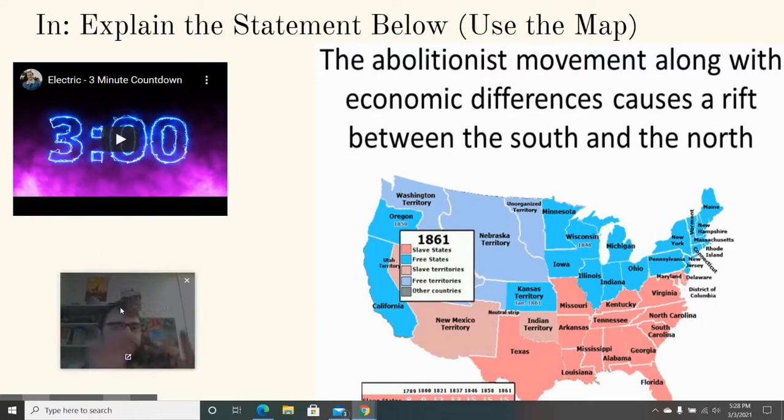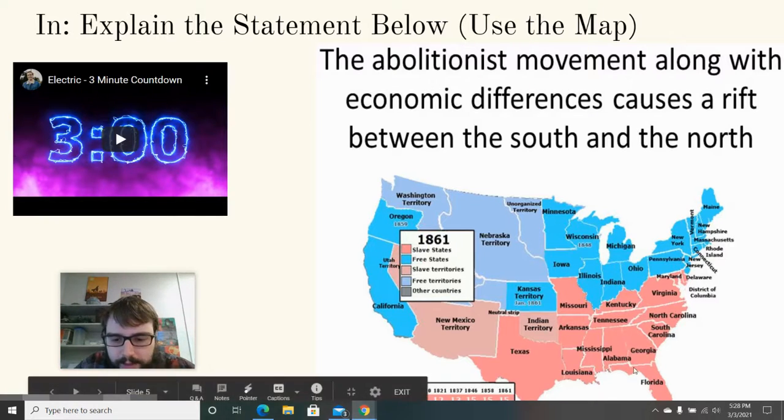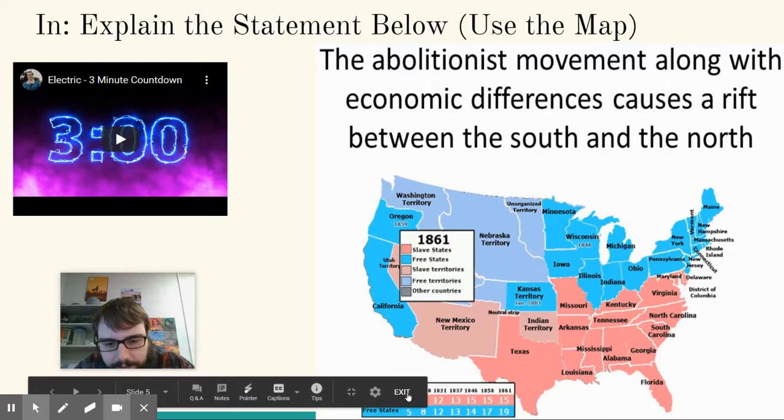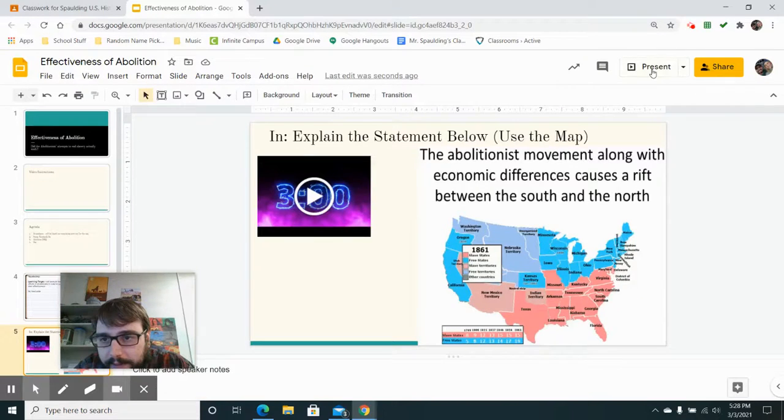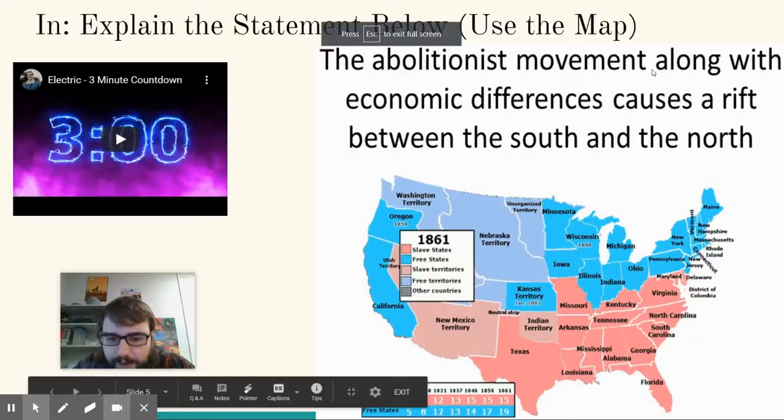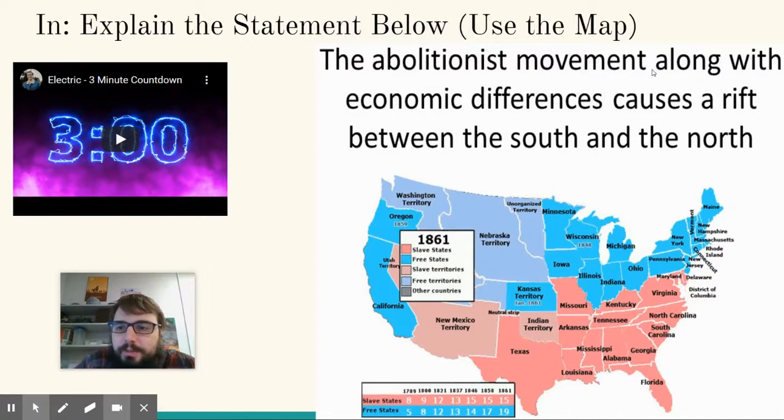All right, you have about 2-3 minutes to go ahead and complete this. I want you guys to explain the statement below. You're going to end up using the map, by the way. Let's get full screen here. There we are. Okay, so the statement is, the abolitionist movement, along with economic differences, causes a rift between the